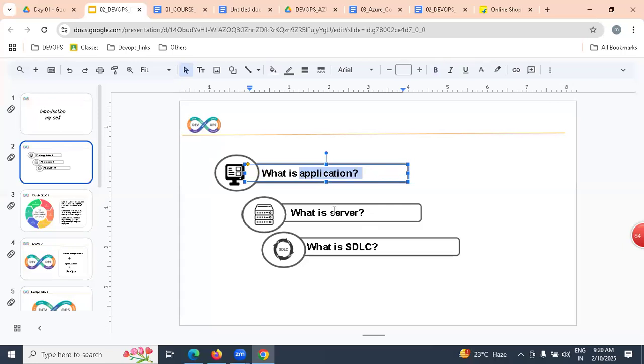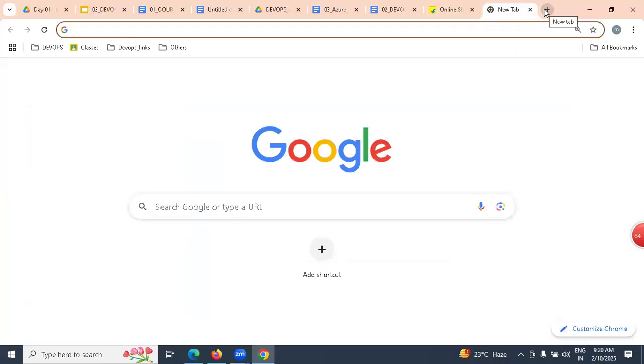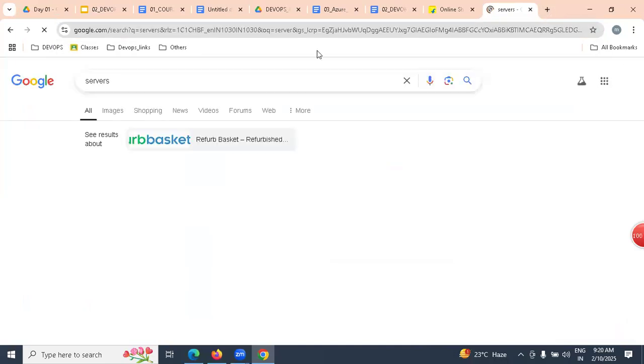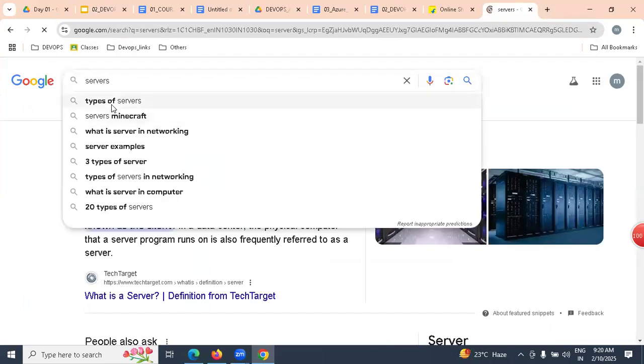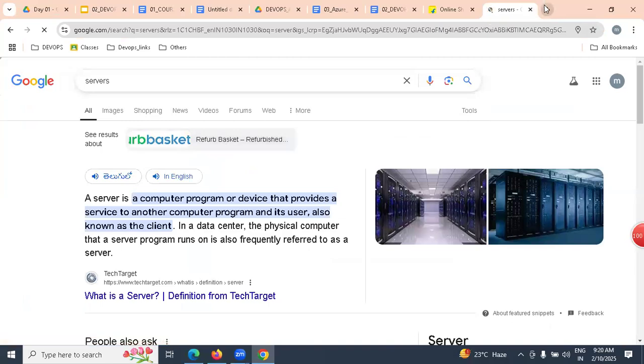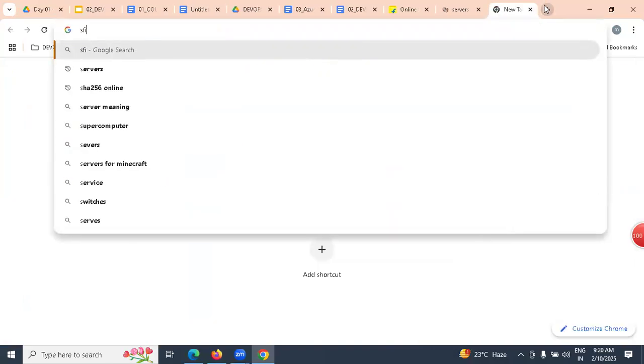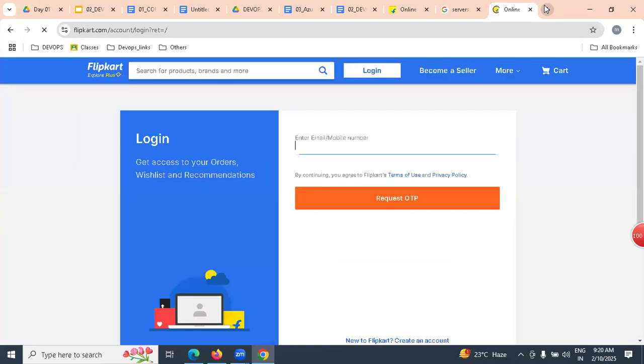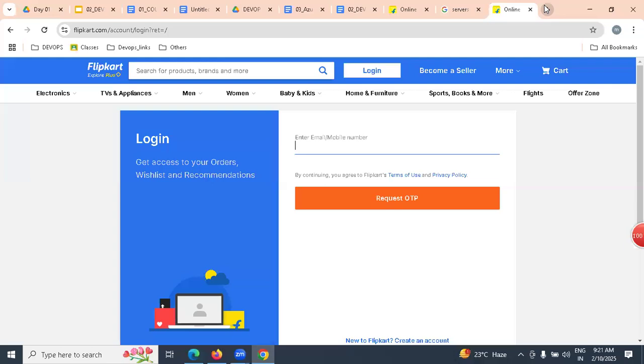That application is placed on the server side. Once it is placed on the server side, we can access it on the internet as a website, like Flipkart or Amazon or BookMyShow. Clear, understood very clearly?